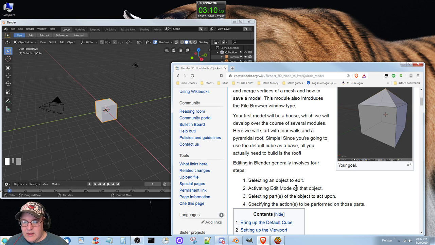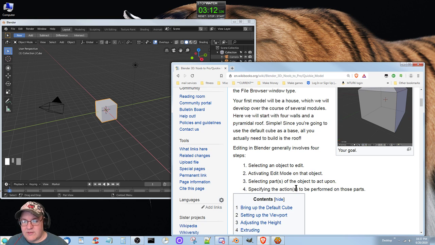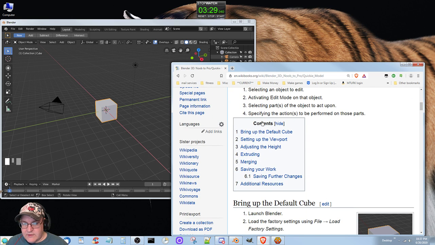is the roof. Editing in Blender generally involves four steps. Selecting an object to edit, hence the cube, activating edit mode on that object, tab to edit mode, selecting parts of the object to act upon with left clicking in this case instead of right clicking, and specifying the actions to be performed on those parts. Okay, so here's the table of contents. Bring up the default cube, setting up the viewport, adjusting the height, extruding, merging, saving your work, saving further changes,